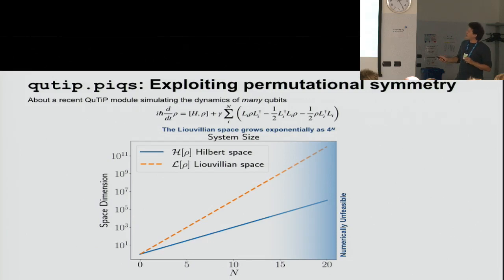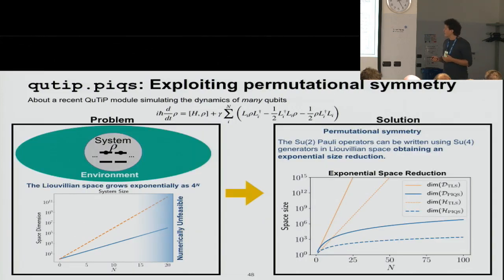But then we can look at this equation and we can see that the rate that actually affects each qubit, here there is a sum over all the number of qubits n, is the same for all the qubits. So even if this equation says that the system is dissipating, and each of its constituents can dissipate to a different environment, if we can permute any of the two-level systems, any of the two objects, the dynamics should be the same. So we can take advantage of this permutational symmetry, and we can actually obtain an exponential reduction in the simulation of these dynamics.